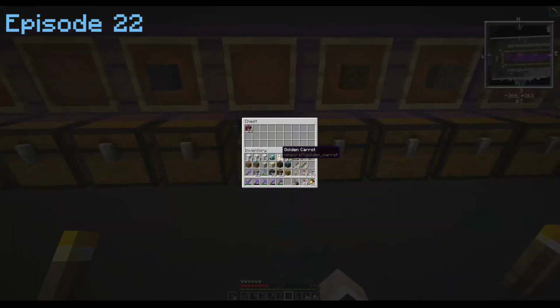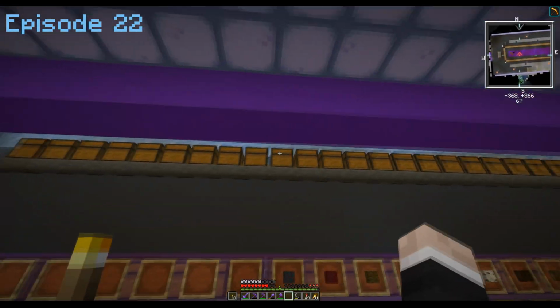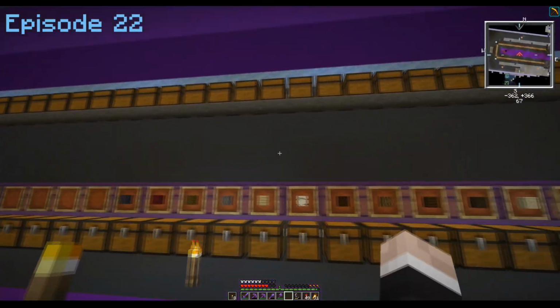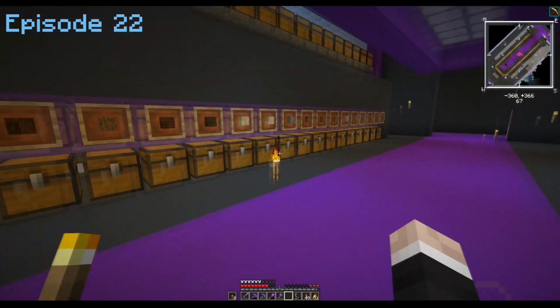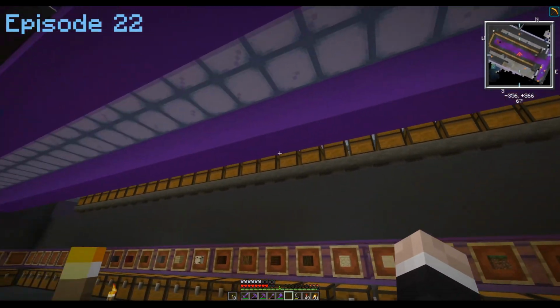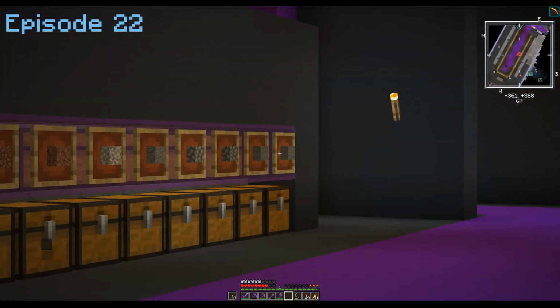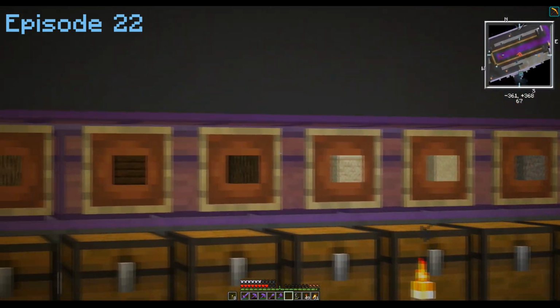Well, okay then, viewers. As you can see, we are steadily making progress, and actually, this entire wall is now done. There are now item filters in all of these, meaning that if I now put a shulker of any of the stuff on this side up there, it should go into the correct chest. So starting over here, we have stone, cobblestone, diorite, granite, dirt, grass, gravel, sand, sandstone, all the different